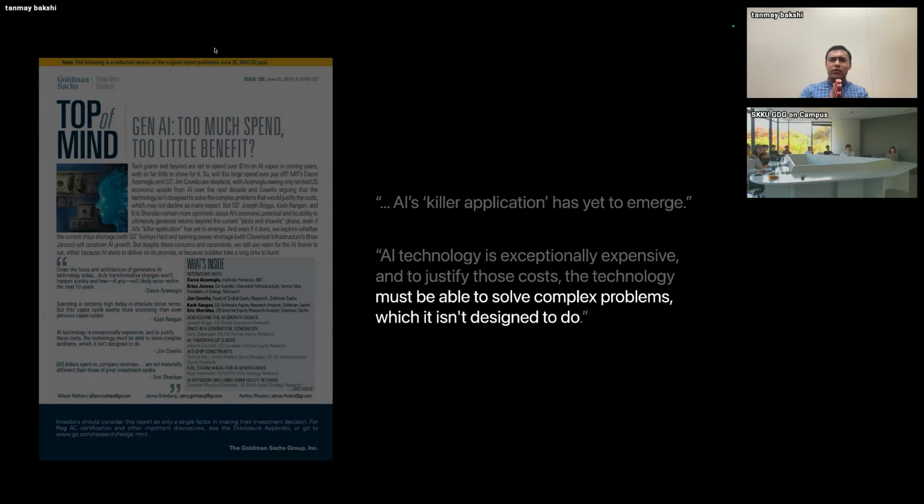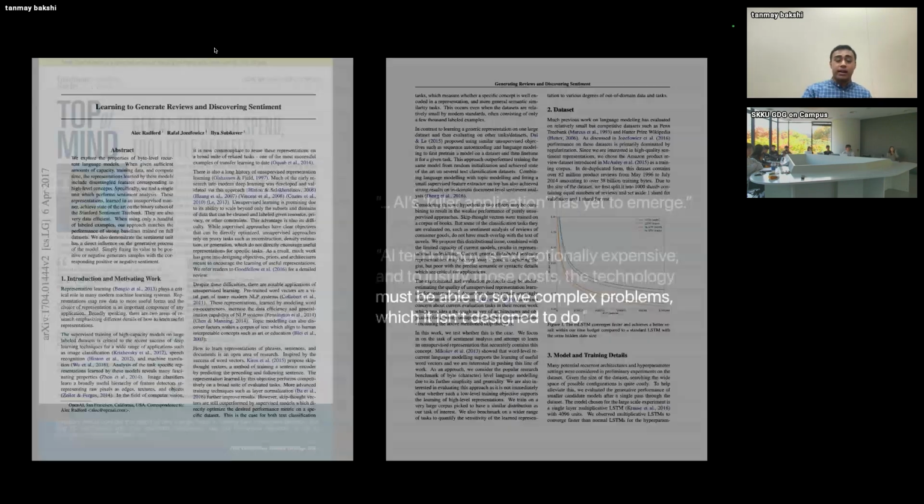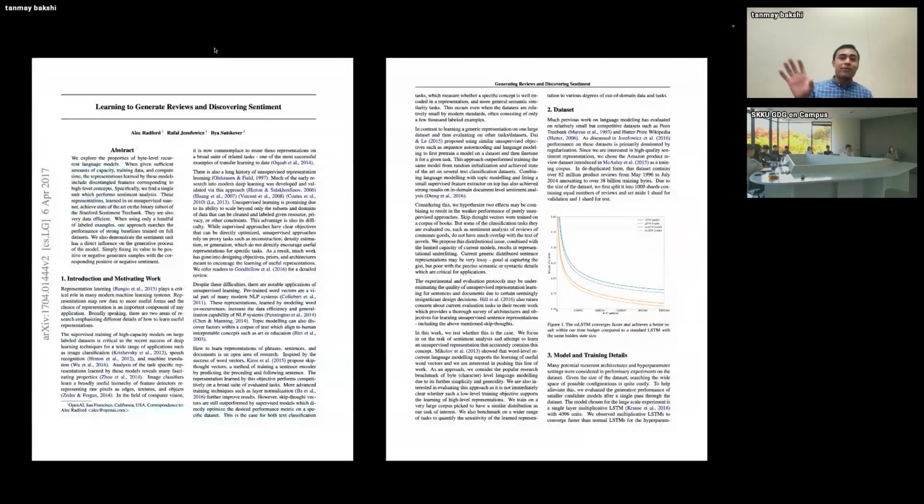At the end of the day, if you take a look at the research path that brought us to where we are today, especially with generative AI, it actually wasn't meant to solve the kinds of complex problems that we're trying to get it to solve these days. A perfect example of this is a research paper from back in 2017, which in my opinion is actually what started the butterfly effect that led us to where we are today with generative AI. It's a paper by OpenAI, and it has one of my favorite lines in machine learning research. So let me tell you what they did in this paper.